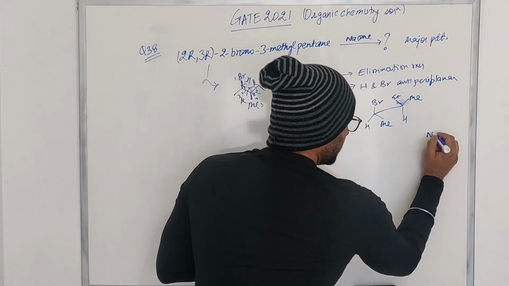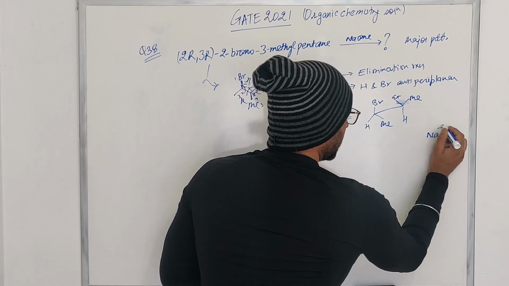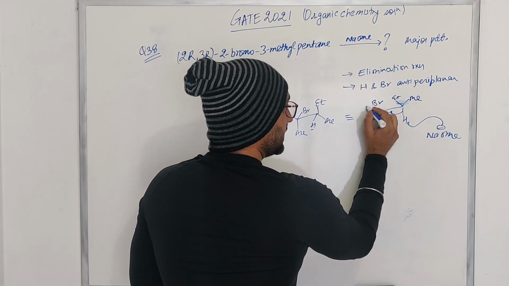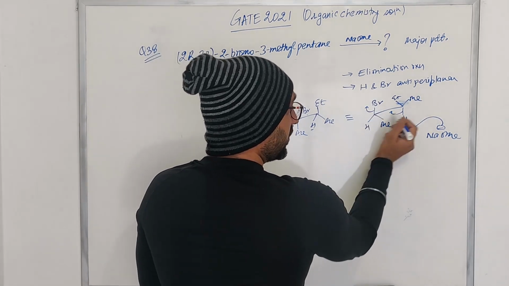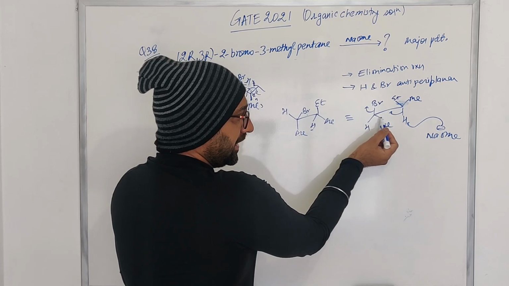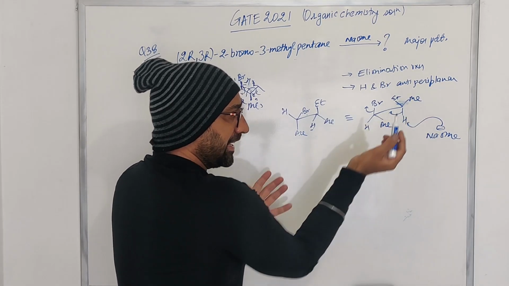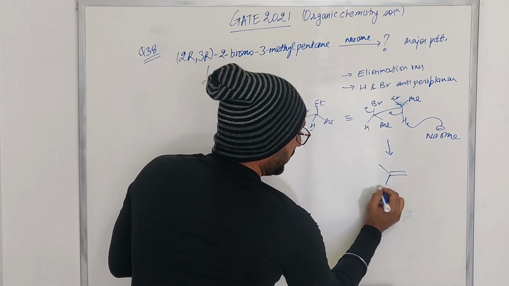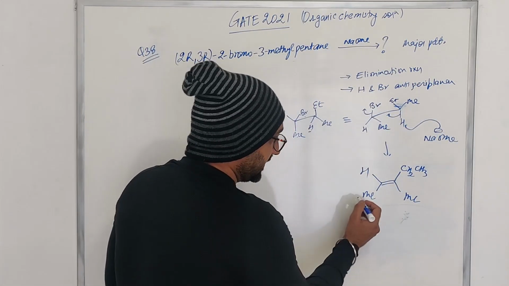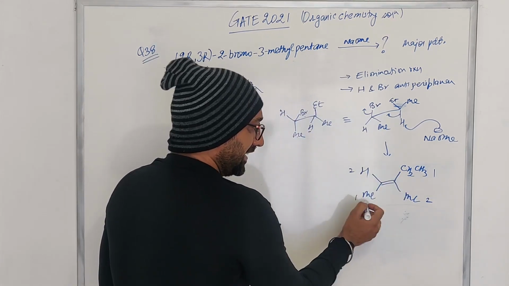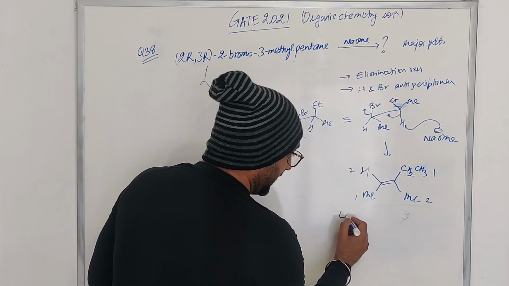So what happens is that the sodium methoxide comes here, this hydrogen goes, and the bromide is going to leave. So we are going to have a double bond. We can clearly see that when the double bond forms, this methyl and this methyl are on the same side. So the olefin that you are going to get is this type of olefin. We can clearly assign this is priority 1, priority 2, 1, 2. So we know these are opposite, so this is going to be E.